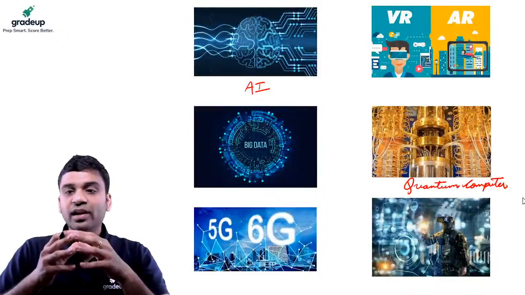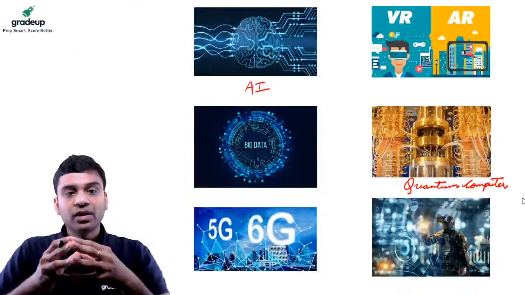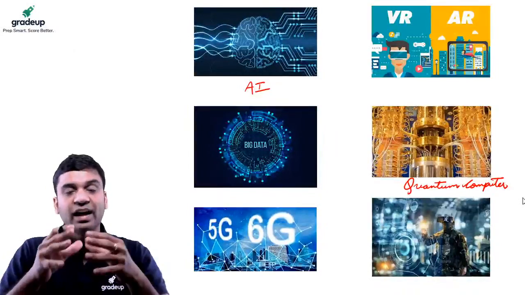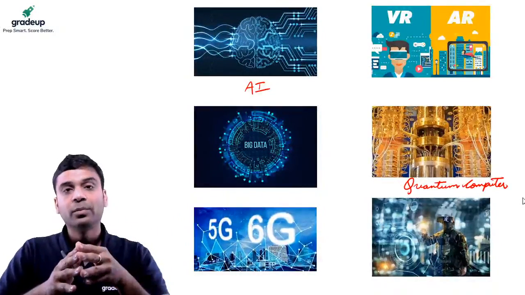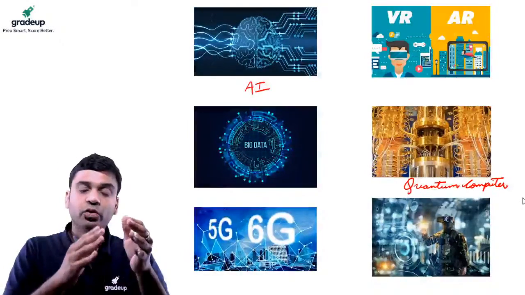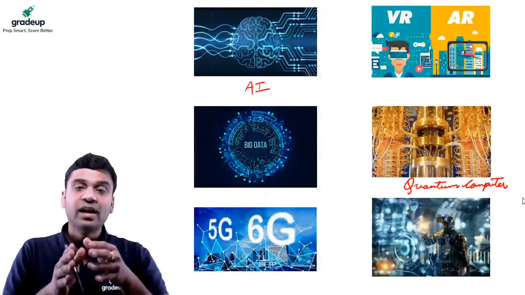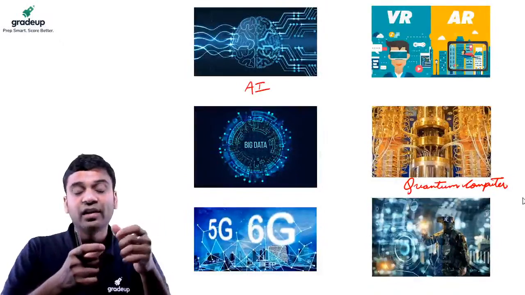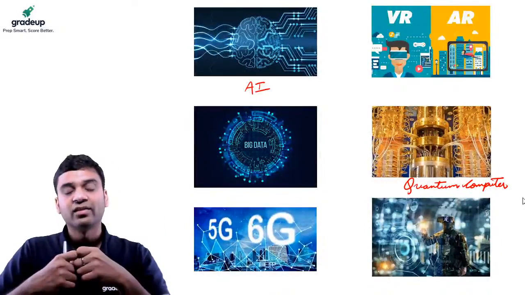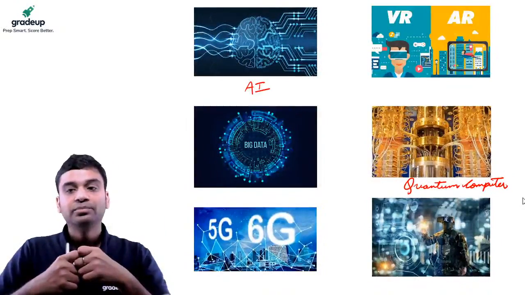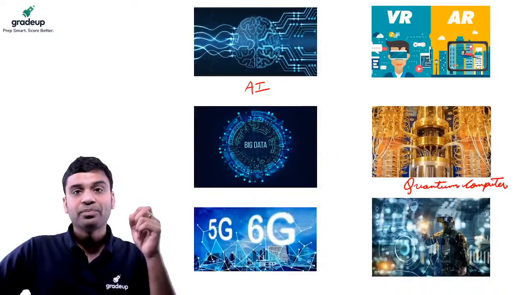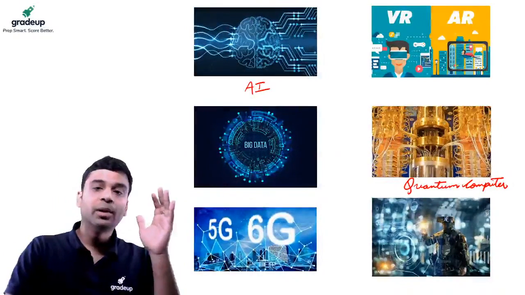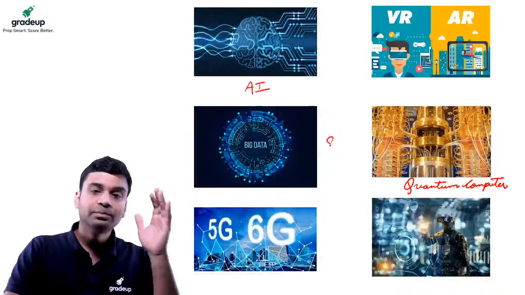Recently Google unveiled a new quantum computer, and it was told that IBM's fastest supercomputer, which is Summit, would take 10,000 years, that Google's particular quantum computer could do in a few seconds. Is anybody aware of the name? Okay, it is actually Sycamore. Sycamore is the quantum computer which was unveiled by Google,